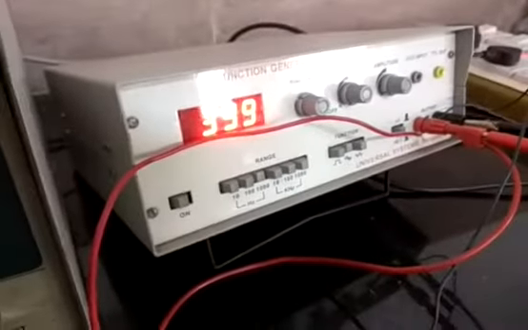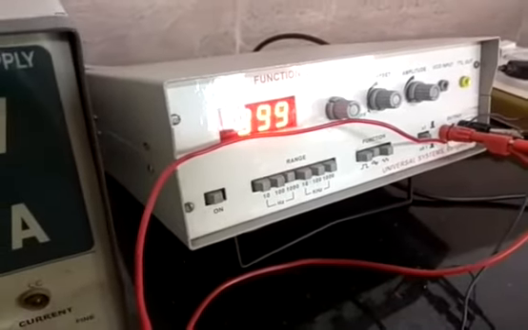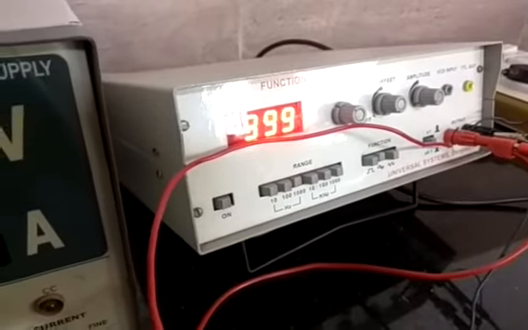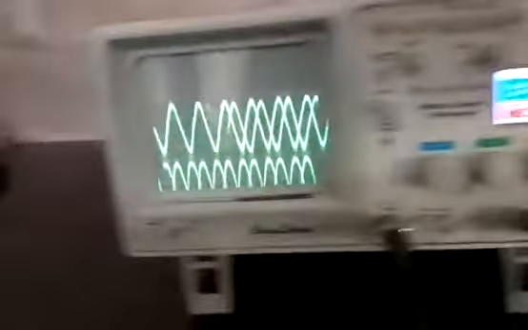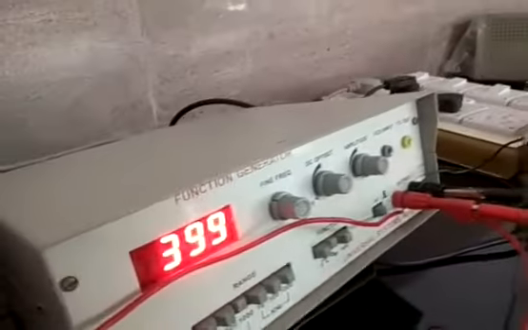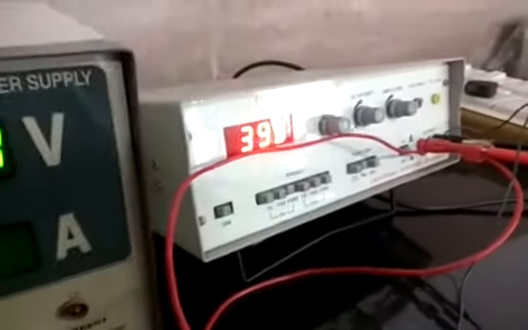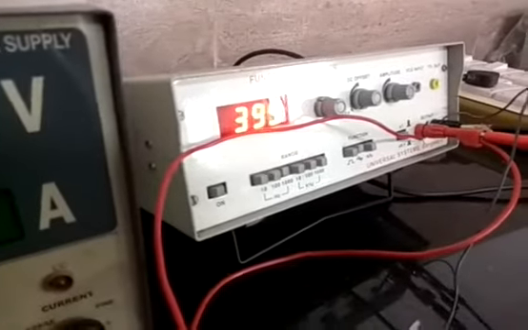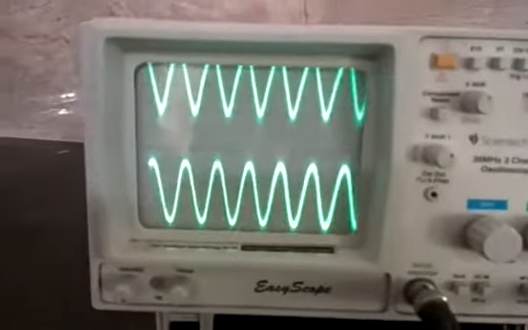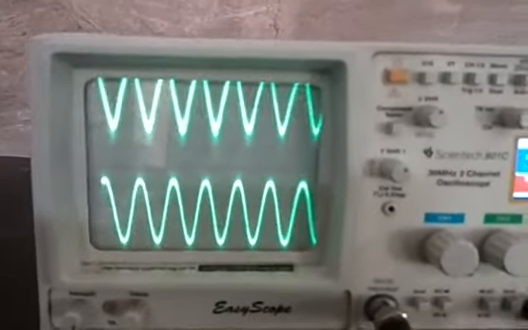In this fashion, by varying the input frequency, measure the output voltage, keeping the input voltage as 40 millivolt. So always the input voltage should be 40 millivolt. If there is a change when you change the frequency, by changing the amplitude knob, you need to set the input constant as 40 millivolt. Again I repeat, observe the output voltage at different frequencies every time, keeping the input voltage constant.